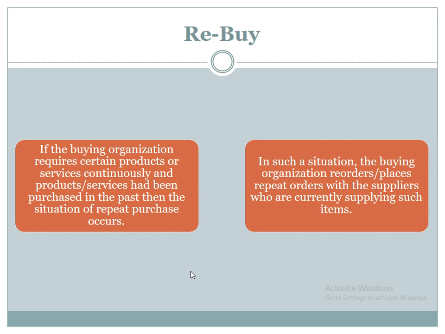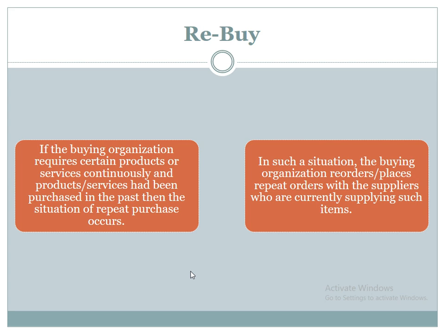This is a routine decision with low risk and less information needs, taken by the junior executive in the purchase department. Generally, the buying firms do not change the existing suppliers if their performance is satisfactory, if the items they are purchasing are of the routine type, and also if the items are of low cost.